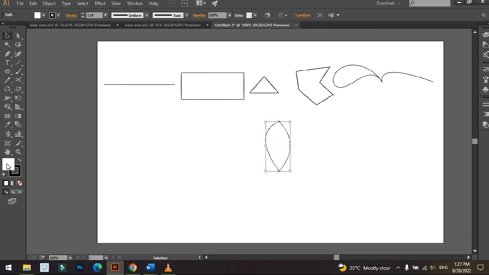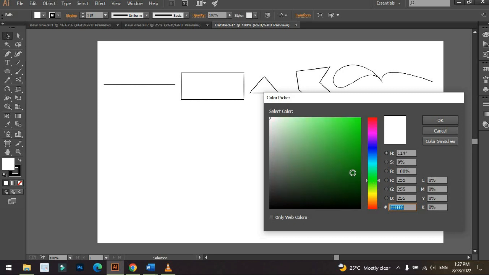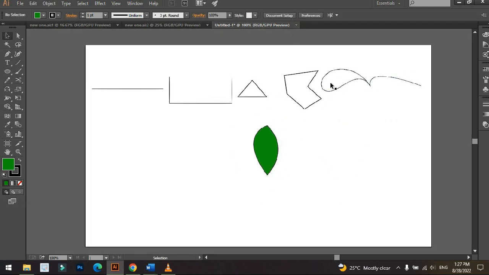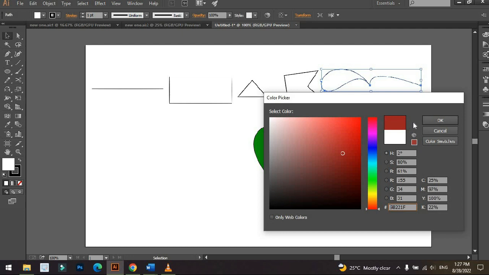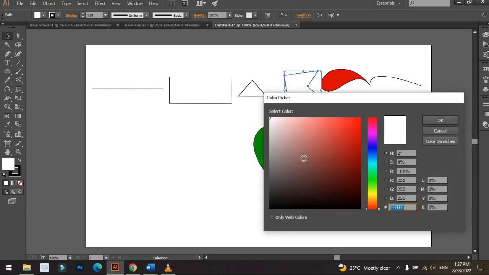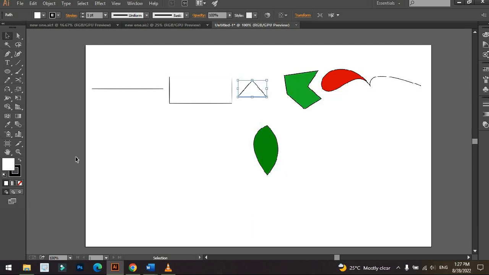I'm going to give it a green color because leaves are green. That's why I would love to give it green color. So guys, now you can see that it looks beautiful. It's something different, then we will love to give it a red color. It's just a shape, and I would like to give it green color also. I would like to give it maybe black color,